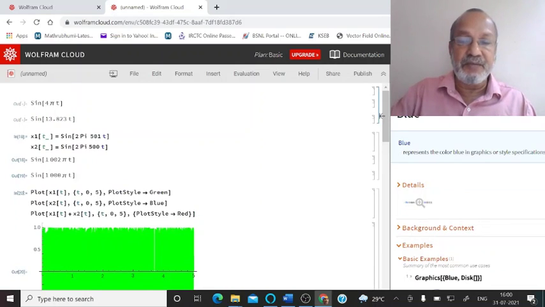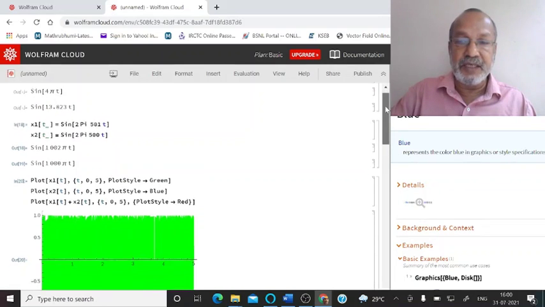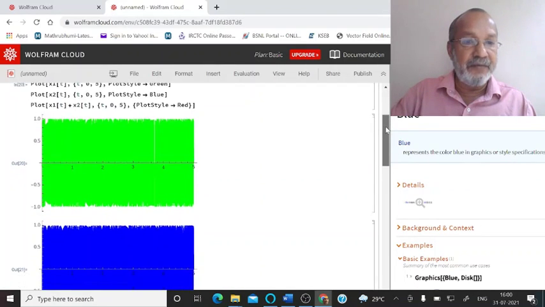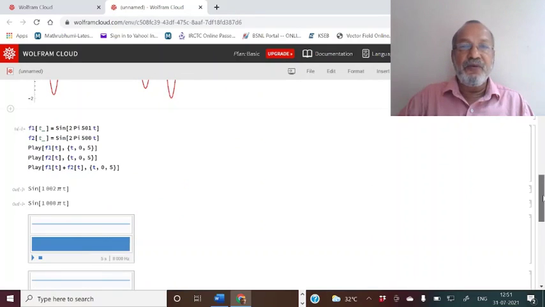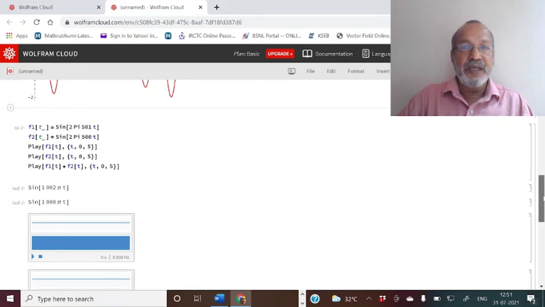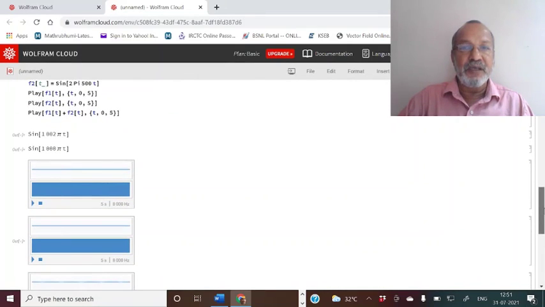There are 2500 oscillations, so oscillations are difficult to identify from that diagram. But clearly you can see that there are 5 beats in 5 seconds. So the beat frequency is 1 Hertz. You can see it here, 1, 2, 3, 4, 5 beats. Now if you want to actually hear the sound, then in Mathematica you can use a function called the Play function.